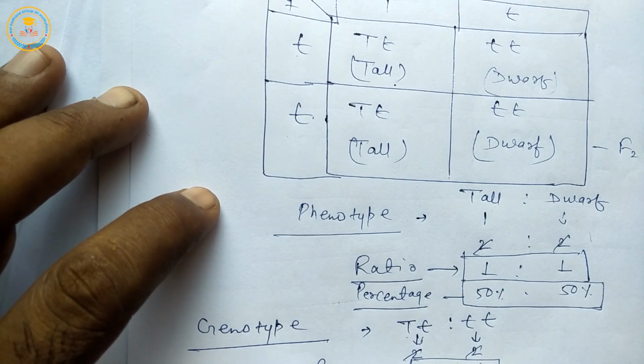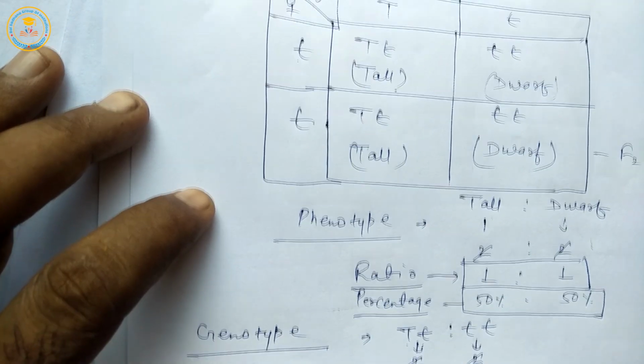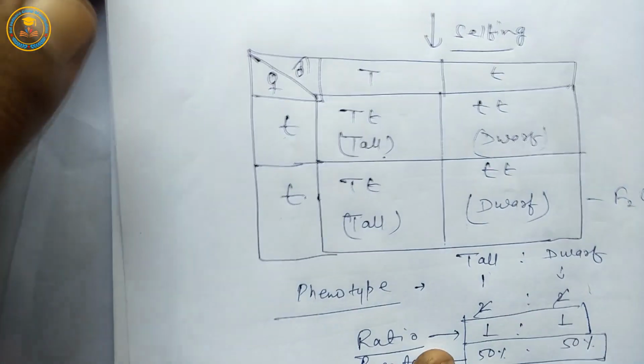So this is ratio of genotype and this is percentage of genotype. So once again,